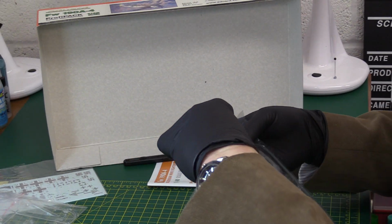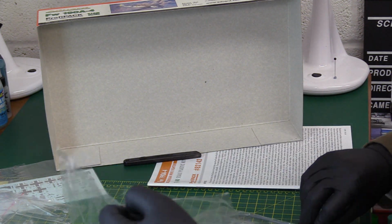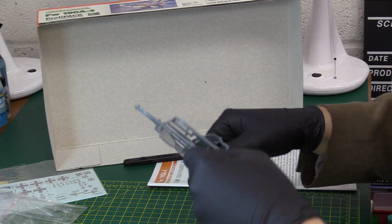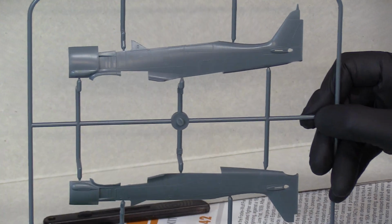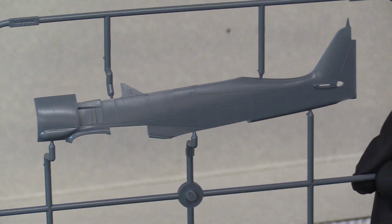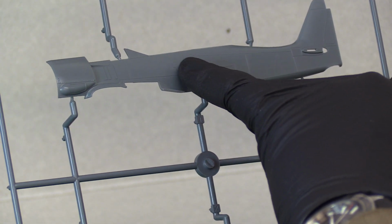Now then, let's get into the meat and veg, so to speak. What have we got? Here we have the wings and the fuselage. So, oh yes, now this is right. Yeah, here we go. So this is typical Eduard. It's very, very nicely panelled, and the riveting is excellent. Very fine panel lines here. Lots of riveting detail. Very fine,